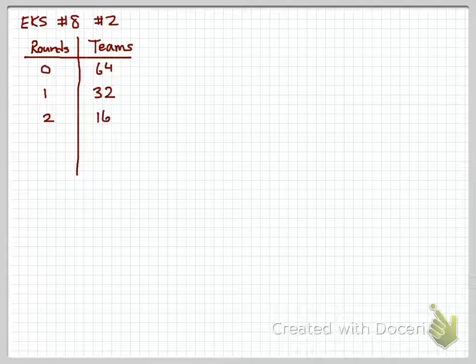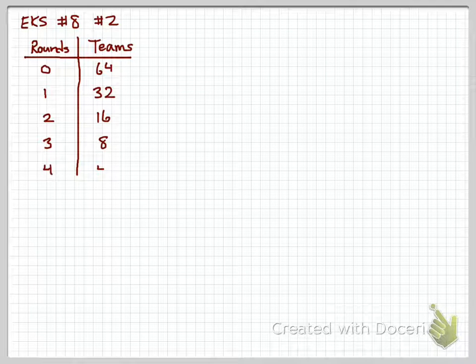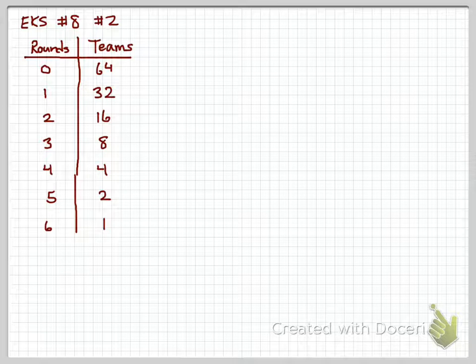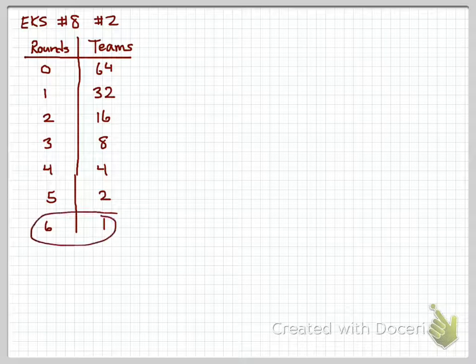After 2 rounds, you're down to 16. They're getting cut in half. 3 rounds, 8. 4 rounds, 4. 5 rounds, 2. 6 rounds, 1. So right here, you could have enough to answer how many rounds does it take to find a winner. 6 rounds, which is the NCAA tournament, tennis tournament,